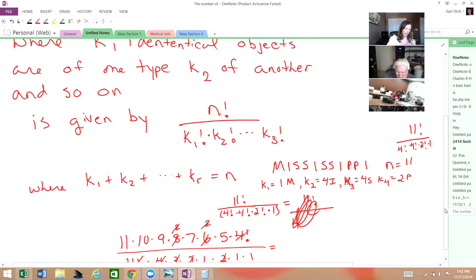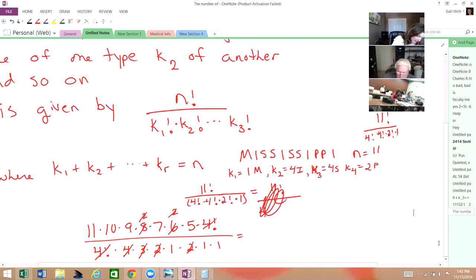So we can clean this up. This is kind of messy. If you have a graphing calculator, you can just type it in just like you see, as long as you put parentheses around the denominator. Otherwise, if you want to do it by hand, you can write 11 factorial,